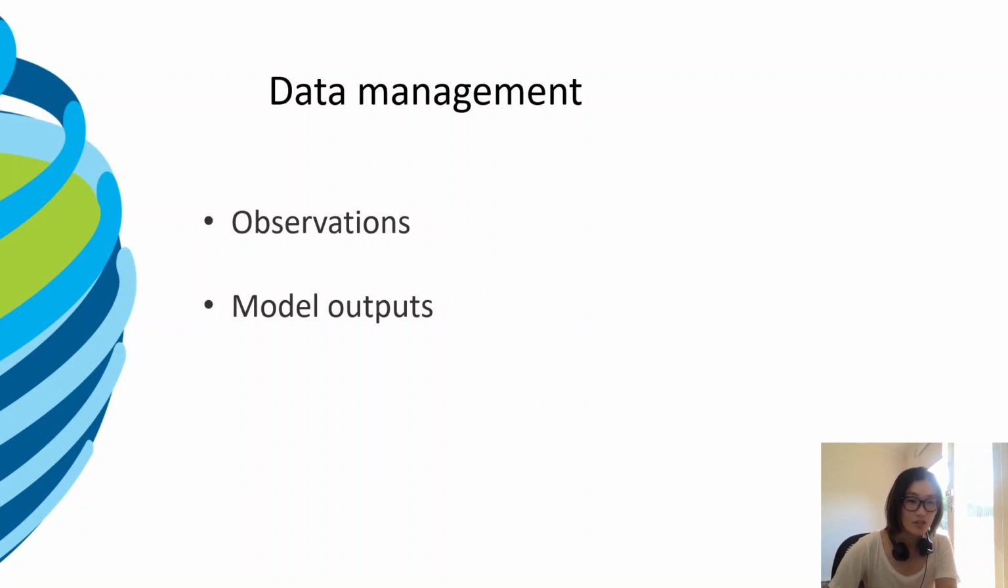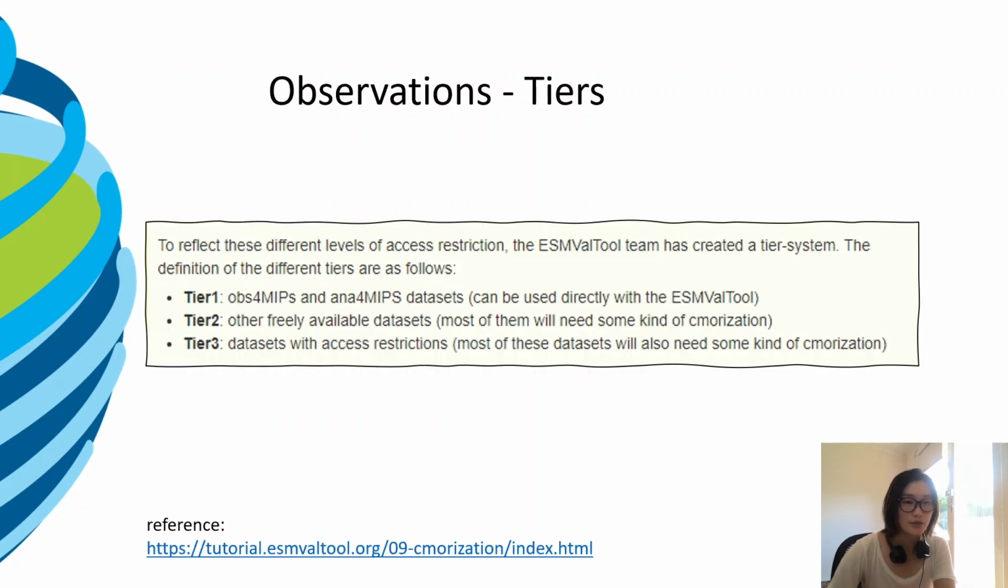So this is just a short video on some data management. We can simplify this by separating the input data for ESMValTool into observations and model output data. So let's first look at observations and how ESMValTool